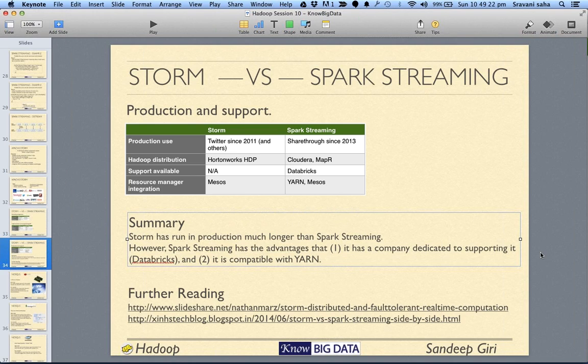Spark streaming may not have been acceptable earlier because it was very immature. Now it's fairly mature. But generally, whenever people are taking a call in starting a project with some product, they have this apprehension that whatever is older would be better, has been tested more.